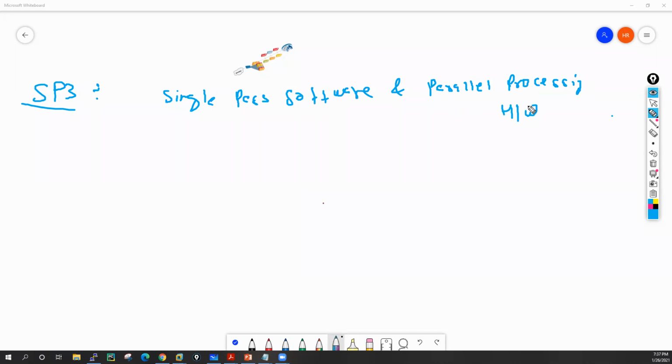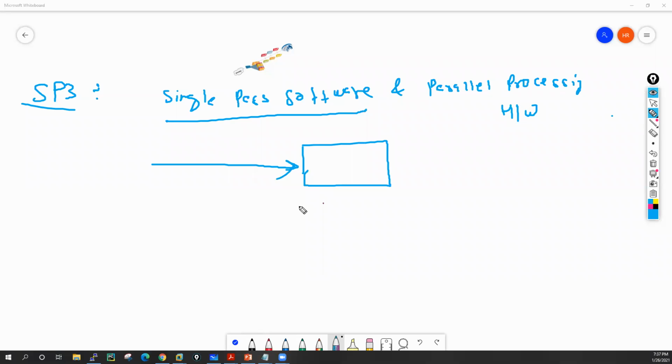Single pass software means whenever Palo Alto receives a packet, let's say we have a Palo Alto firewall here, when it receives a packet, it will create 3 replicas of that packet, and it will forward these replicas through the different engines.